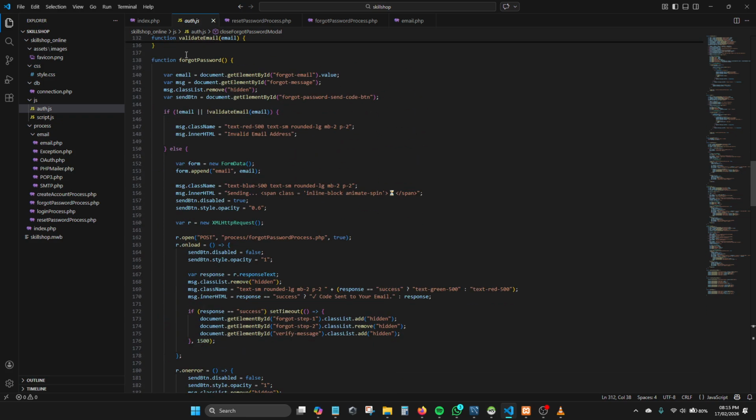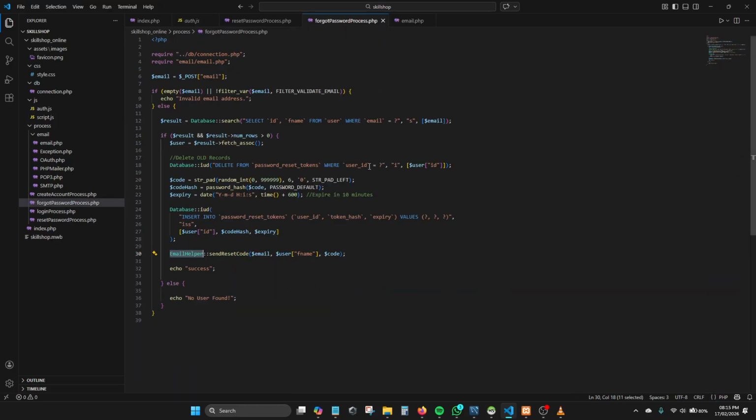So we come here to function forgotPassword. When we click that, there's a small validation. It checks the email address from the database, and then it sends an HTTP request to run our forgot password process. So we go into the forgot password process. It first validates the email, checks with the database whether the email is correct. It creates